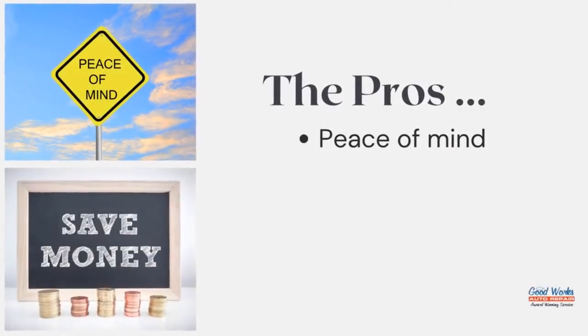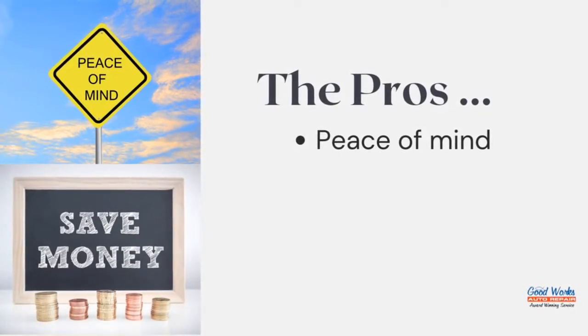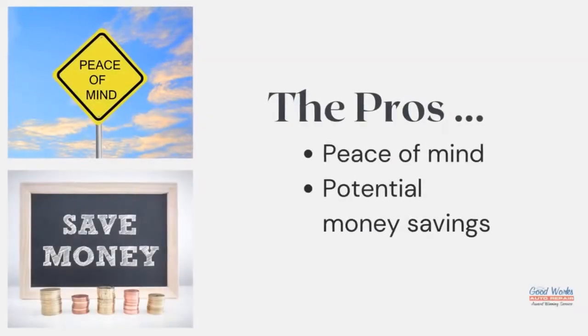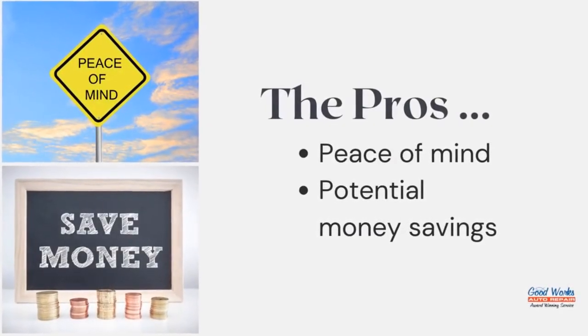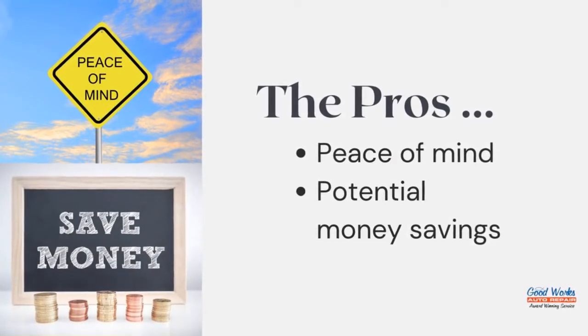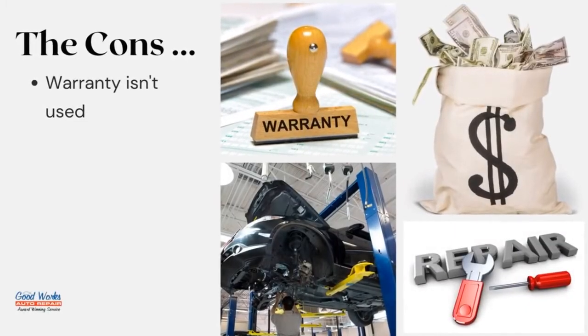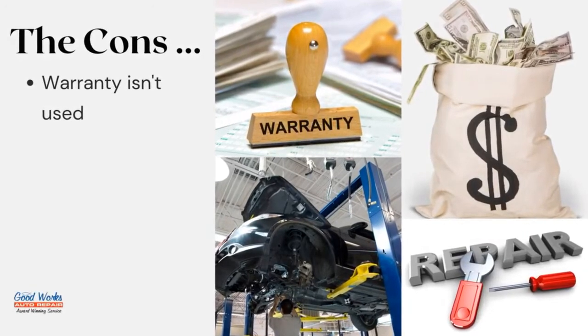Peace of mind is the main reason why car owners purchase an extended warranty. They want some assurance that if something major goes wrong with their vehicle, they won't have to come up with the money to repair it. Additionally, most extended warranties cover major auto repairs, ones that could be very expensive to fix. If the cost of the warranty is less than the cost of these repairs, you could actually save money by having one. On the other hand, a lot of people who buy an extended car warranty don't end up using